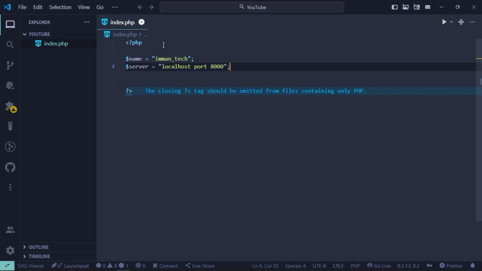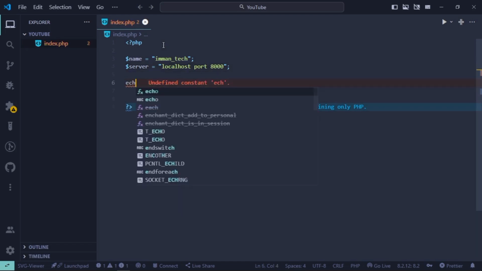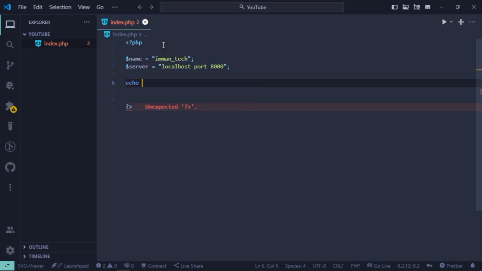So what we're going to do right now, we have the variable name and the server variable. We're going to echo everything out as a sentence. So let's create a sentence out of the variable name and the variable server. Let's say echo, and then let's open a double quote and end it. Now inside the double quote, we're going to say